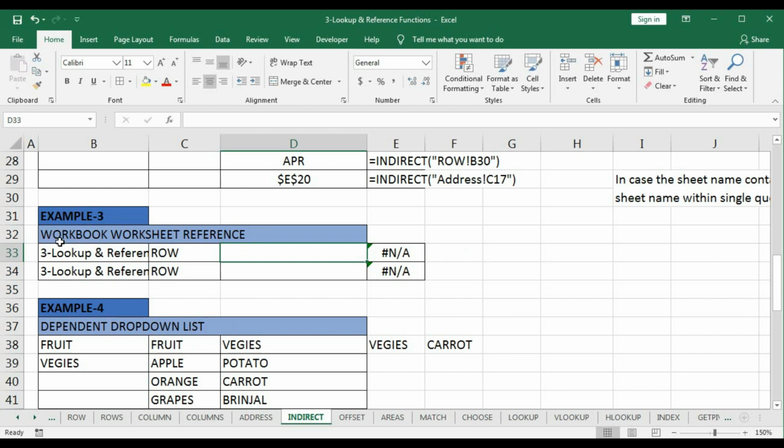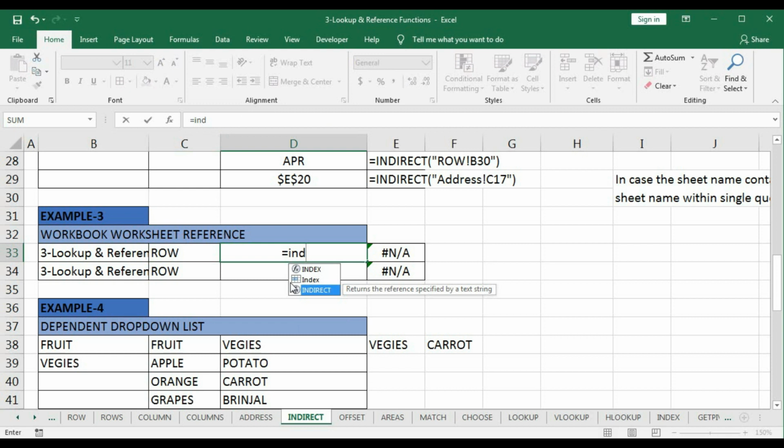Here we will work with the INDIRECT function with workbook and worksheet. We have given a workbook name, that is 3-lookup and reference function .xlsm, and a sheet name. And we will convert these two into a reference. So first type equal to INDIRECT, and now double quote. Now we have to put a single quote because in the name we have a special character. So single quote, then square bracket, then type the name of the workbook,